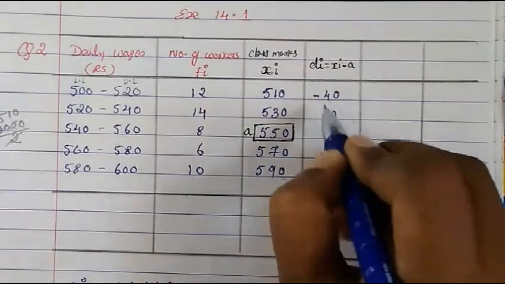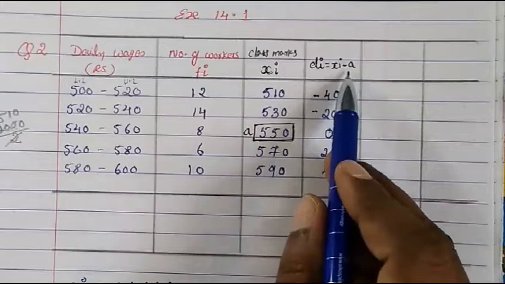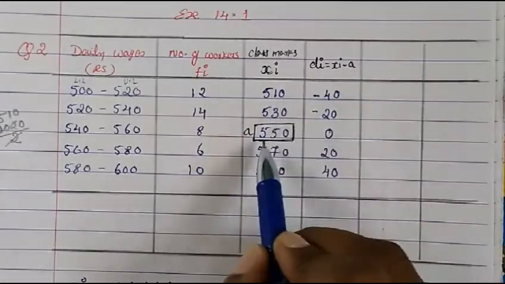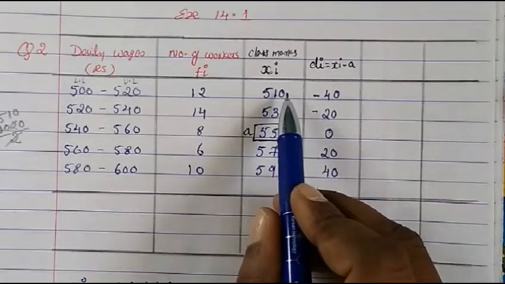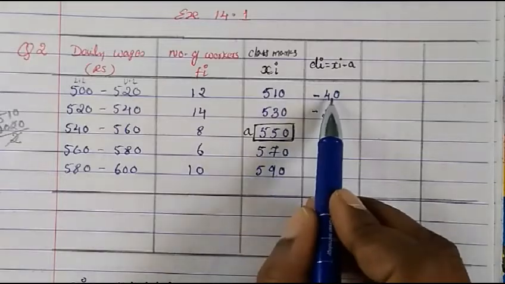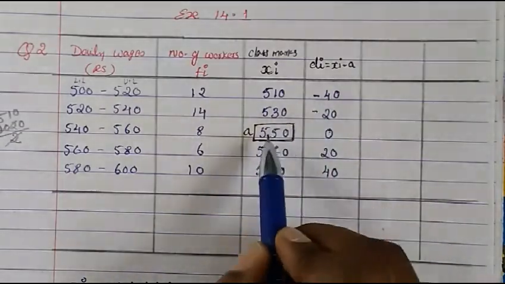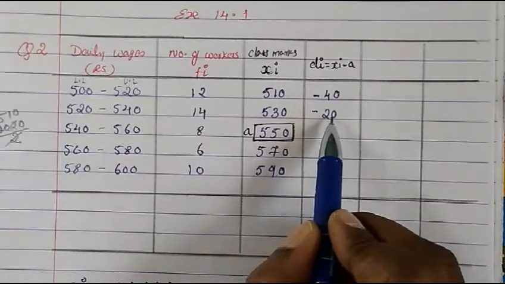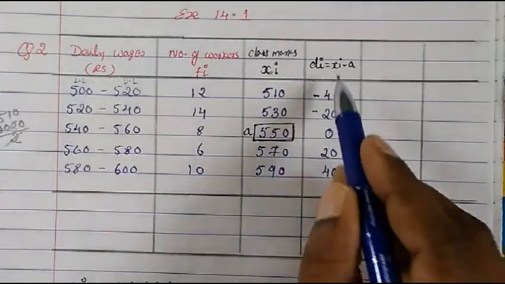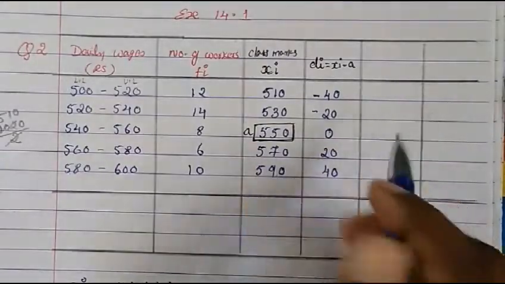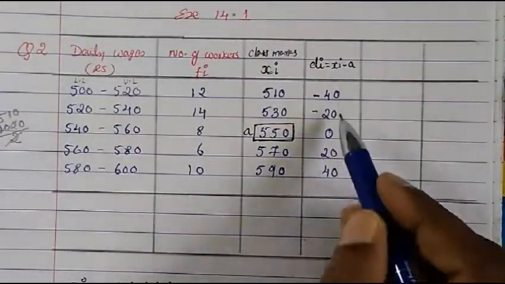Then at the top it will come in negative. If you want to check it, you can check. From 550 minus 510, you will get 40. This is a big number, so it will become negative. 530 minus from here, you will get 20. This is the bigger number, so minus. So if you want to check, you can check it. But you can close your eyes and write like this, the shortcut method I taught you.